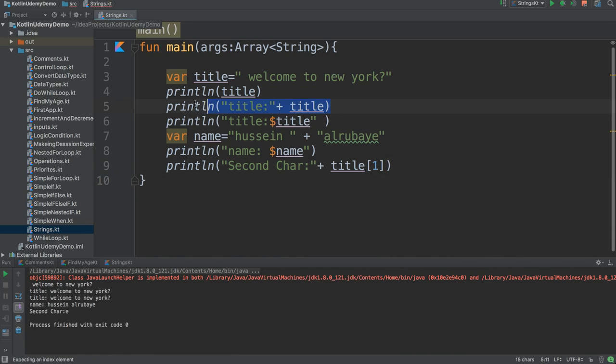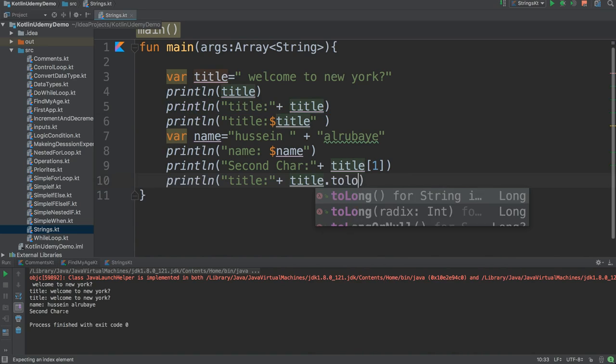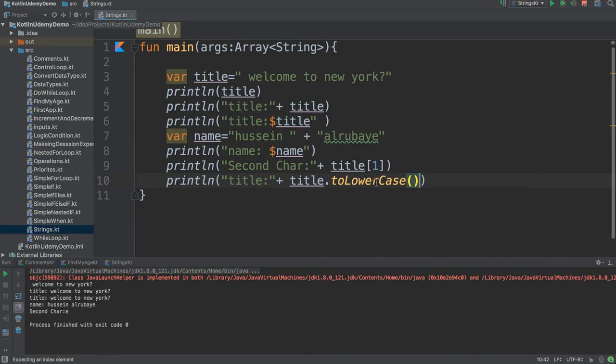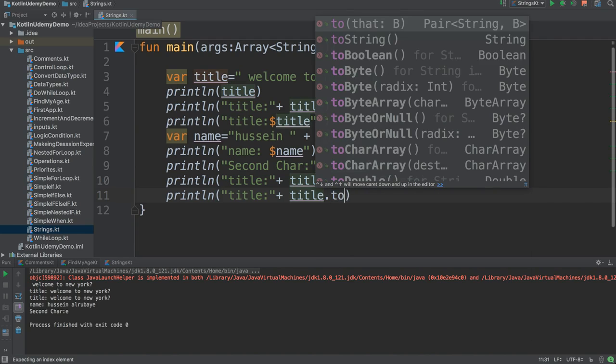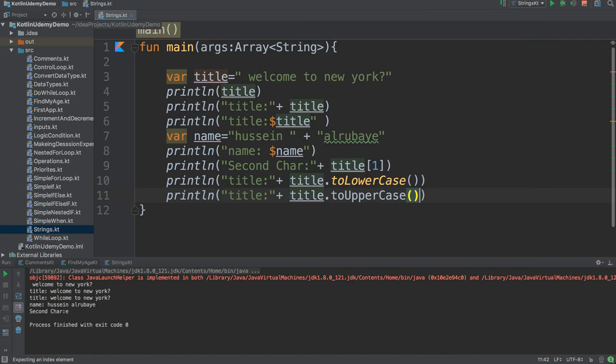So we just printed here title. You could change all these to lowercase, just saying title dot to lower. He will change all the characters to lowercase, or you could change it to uppercase. You say just to uppercase. Okay, as I told you, there's many processes you could do with this one, not only to lower to